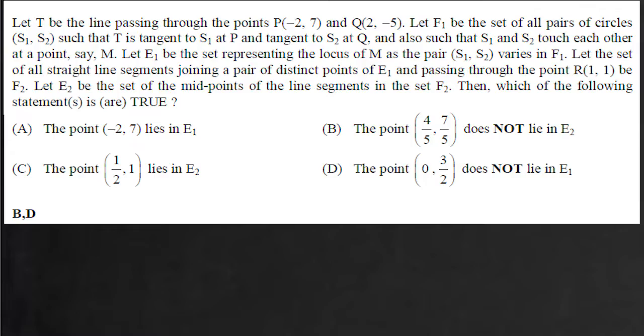Let the set of all line segments joining a pair of distinct points of E1 and passing through the point R be F2. Let E2 be the set of midpoints of line segments in the set F2. Then which of the following statements is or are true? Now we are given this straight line